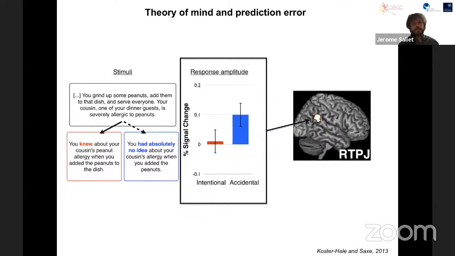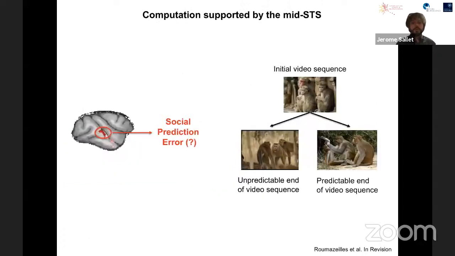Closer to Oxford, Tim Burns and Matthew Rushworth asked their subjects to perform a social gambling task. When they computed a social prediction error, they were again able to find some correlates of this social prediction error in the TPG. So what we did with Léa Romazet, who was a PhD student, is we tried to see if we could identify a type of social error signal in this